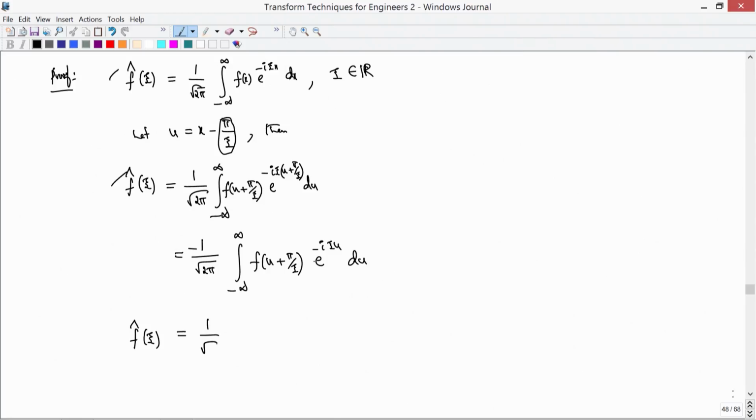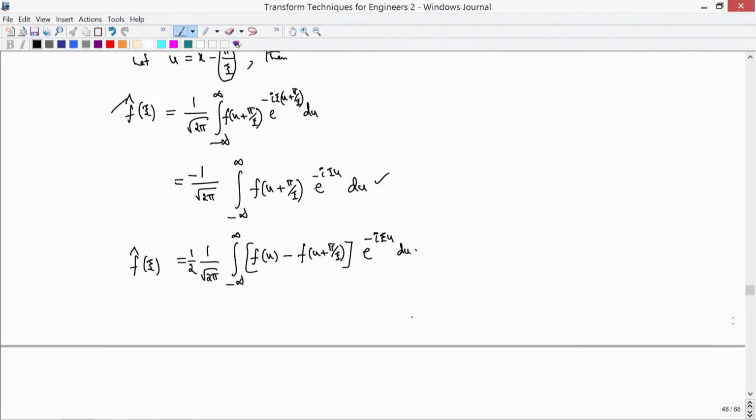So you have 1 by root 2 pi, integral from minus infinity to infinity, and you have 1 by 2 times this quantity plus this quantity. If you do that, since you are adding with the minus sign already there, you have f of u minus f of u plus pi by xi, and the same e power minus i xi u du. This is exactly what you have. Now take the modulus, and this is less than or equal to 1 by